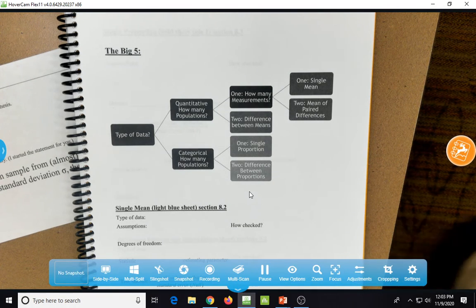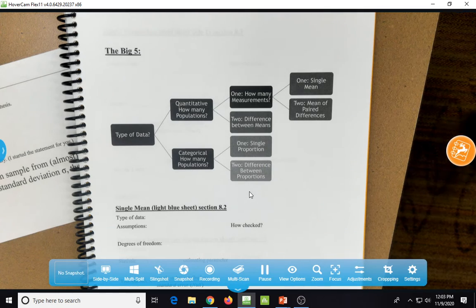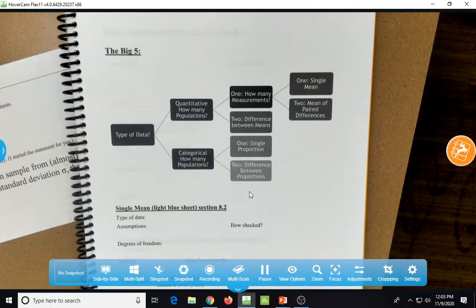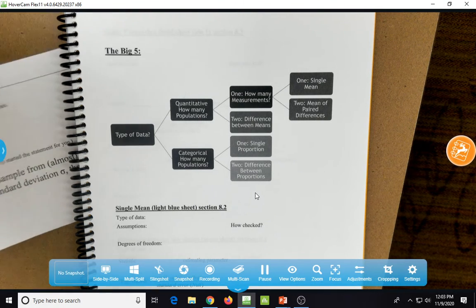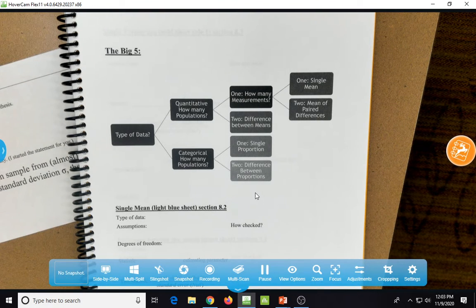So remember, we have basically the Big 5 in the introductory statistics course. Single proportion, difference of proportions, single mean, one sample mean, two sample means, whether it's paired data or two independent sample data. The general format that we have for these